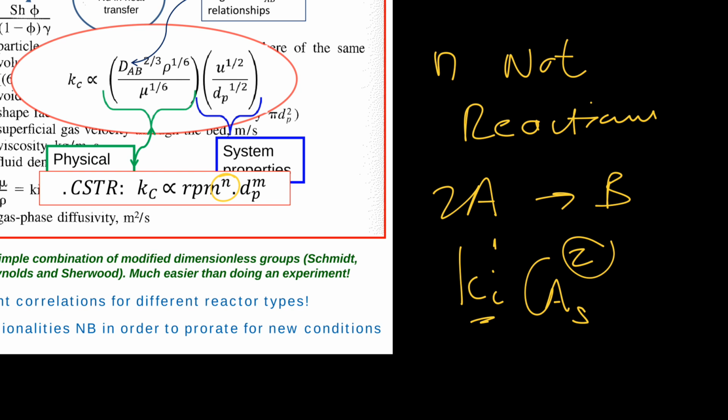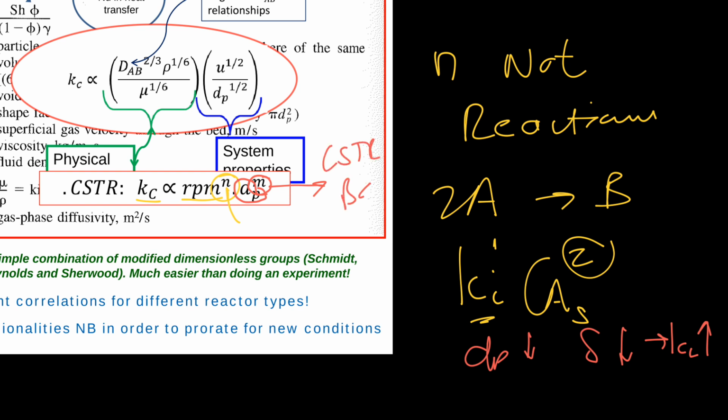So that is an independent parameter that just says how does my Kc change with the RPM in my reactor. And then of course it will also be affected by the particle diameter. The smaller the particles, the thickness of the boundary layer will go down, and subsequently my Kc value will go up. But to which extent depends on the shape, the size, the geometry, the layout, the stirrer type in your CSTR